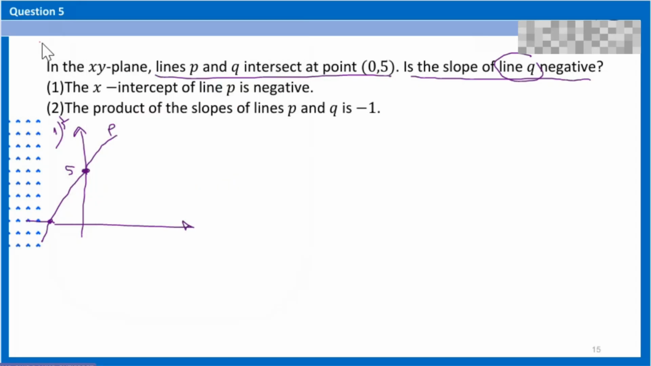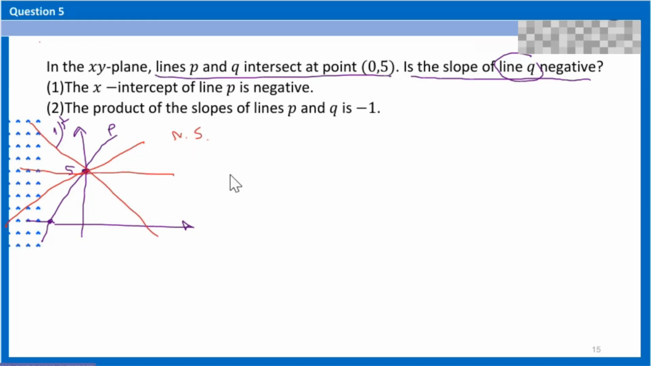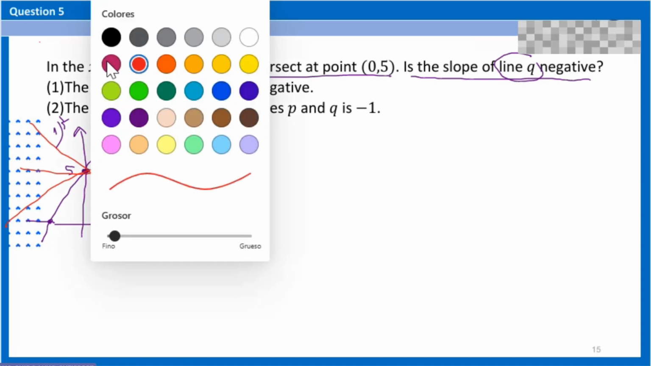So it could be, for example, a line similar to P, that is with negative slope, or in this case a positive slope. It could be like this, it could be like this, it could be anything. So this is not sufficient. When you analyze the second statement,